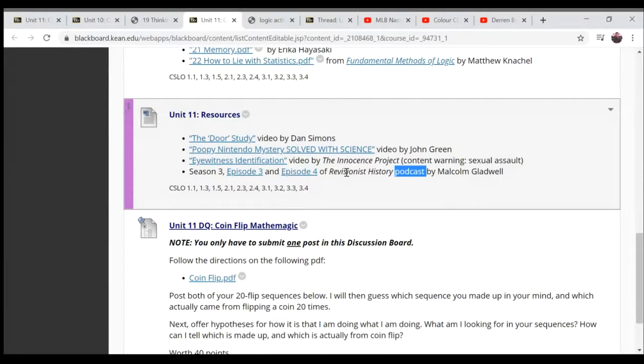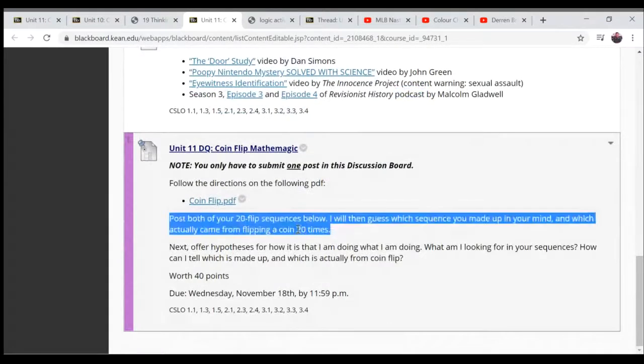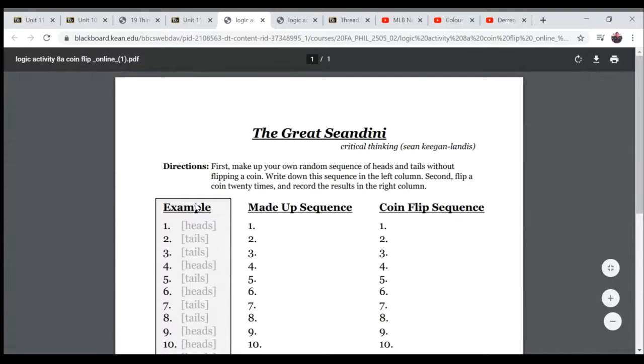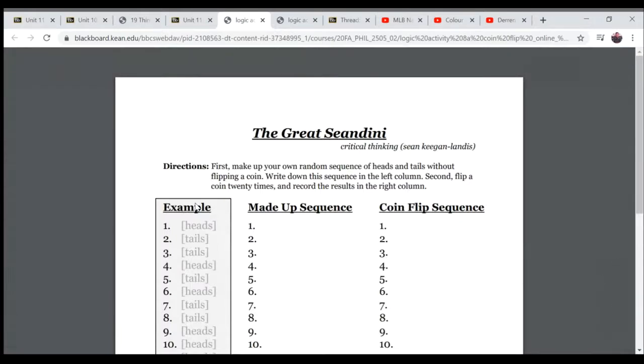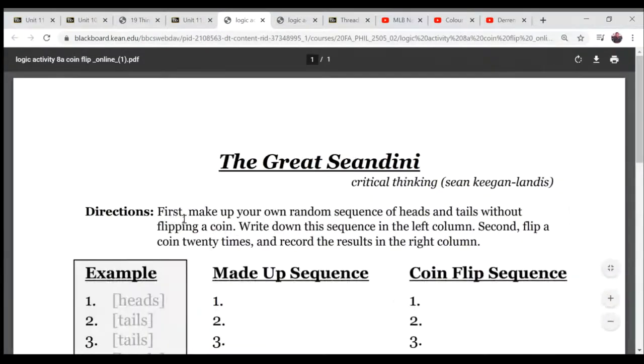All right, but who cares about all that? What you probably really care about is your assignment for class this week. You only have 1 assignment for class this week, and it's very straightforward and easy. It doesn't require a tremendous amount of thought. All I want you to do is participate in this coin flip activity and post your results in this week's discussion board. So what this coin flip activity asks you to do is first make up a random sequence of